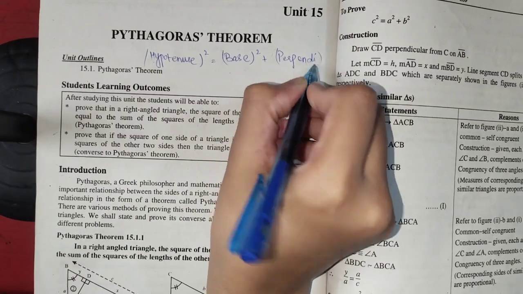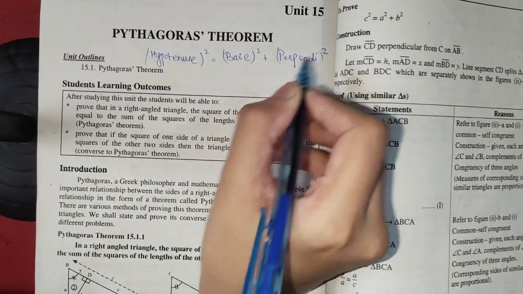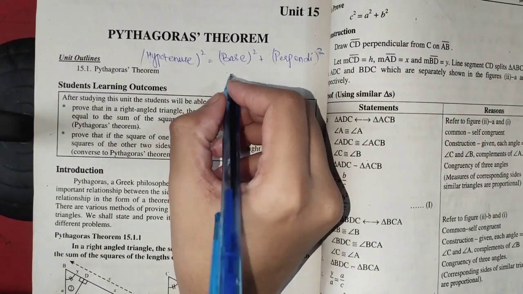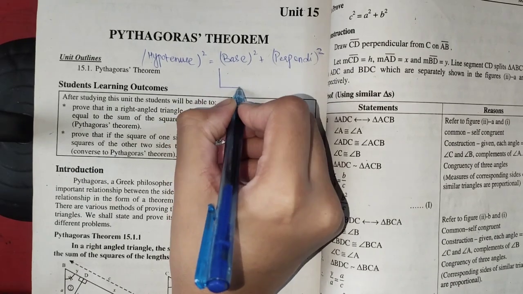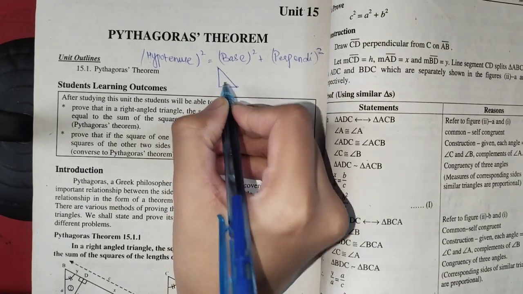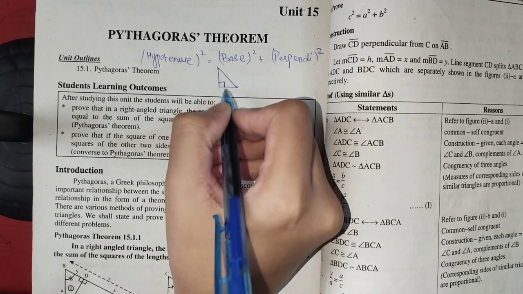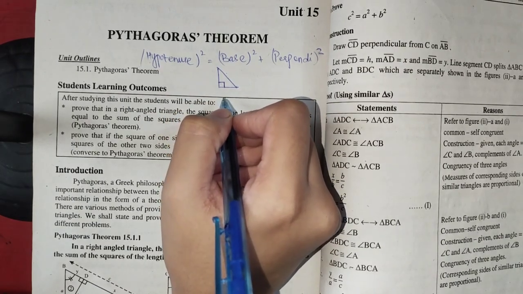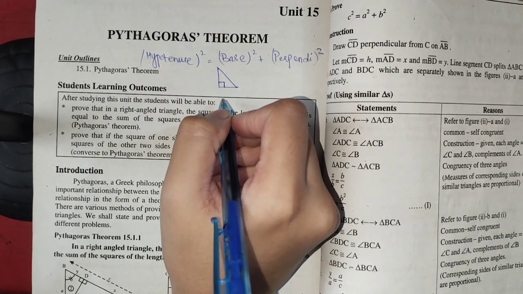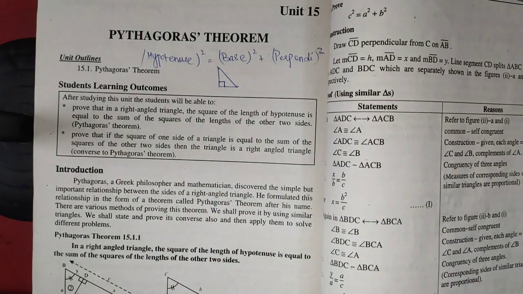You know that this Pythagoras theorem is only applicable to right angle triangles having a 90-degree angle. This is the 90-degree angle. If a triangle is a right angle triangle, then you can apply Pythagoras theorem. So now let's